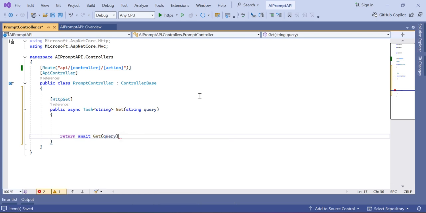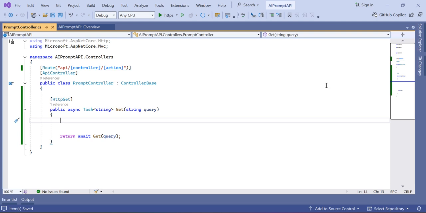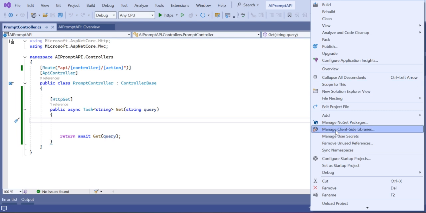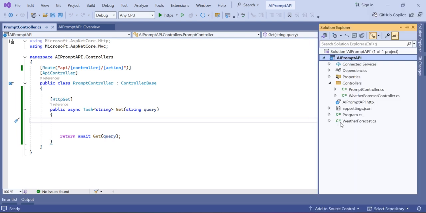For now I'll give it the same. Now here we will write the integration code. We need to install the OpenAI package from NuGet. So just right-click on the project and choose Manage NuGet Packages,